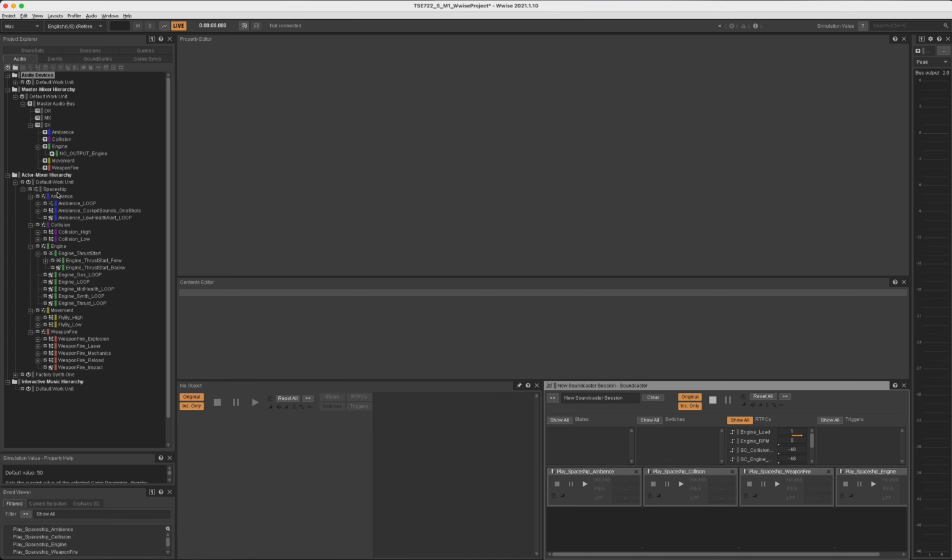As the project goes further, the ambience, collision, engine, movement, and weapon fire assets are sent into different audio buses in order to mix more efficiently and to use RTPCs and various other modulation parameters more easily and practically. And in addition to that, I have an